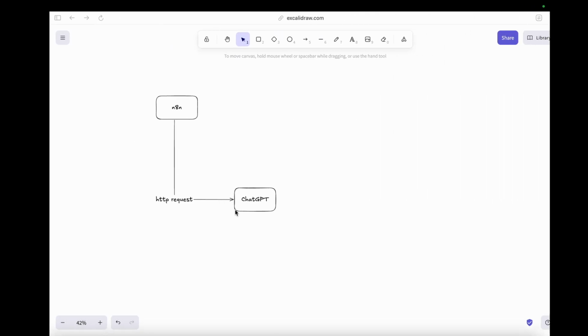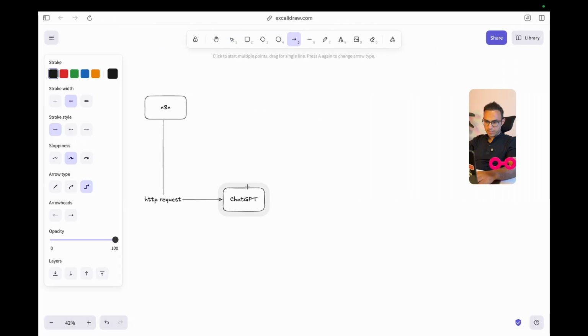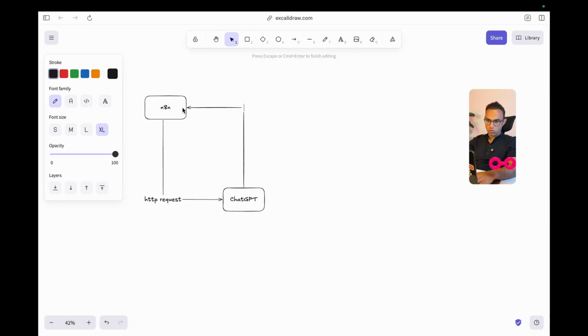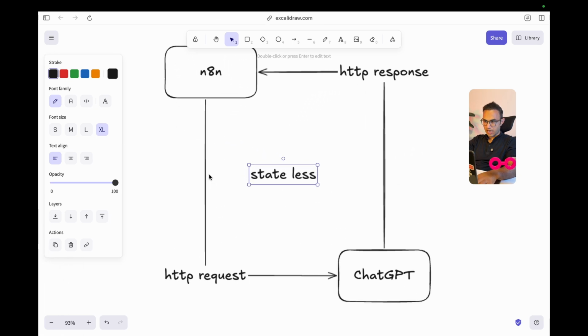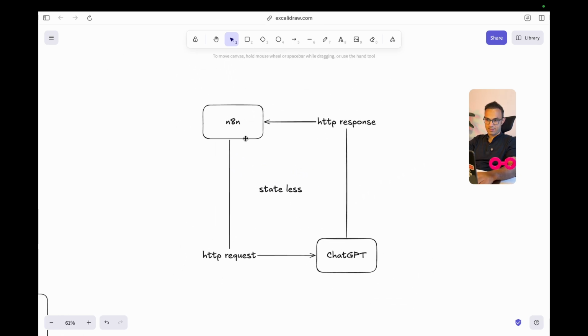And that HTTP request is sent back to this n8n workflow with an HTTP response. And this thing is called stateless. I'm not sure if it's spelled like that or with a space, but it doesn't have a state. An HTTP cycle does not have a state. A request happens, ChatGPT executes something, and then a response happens.